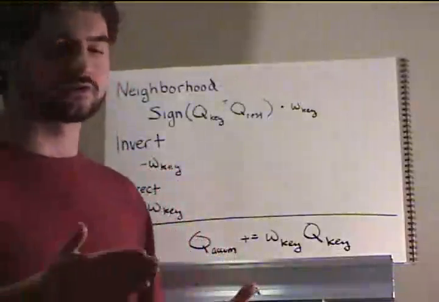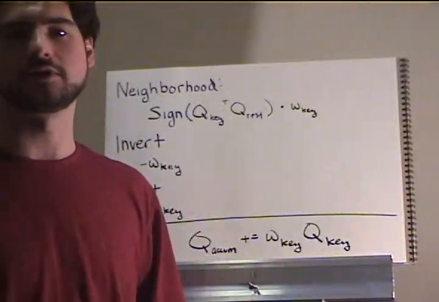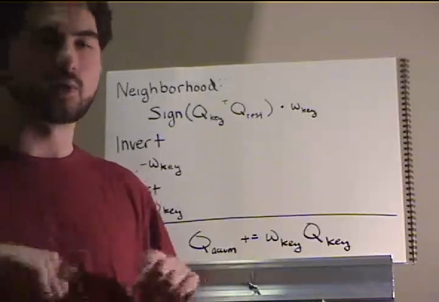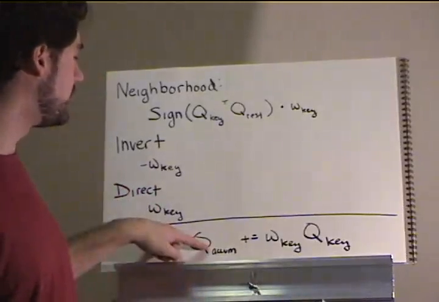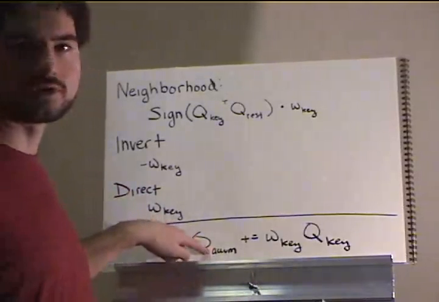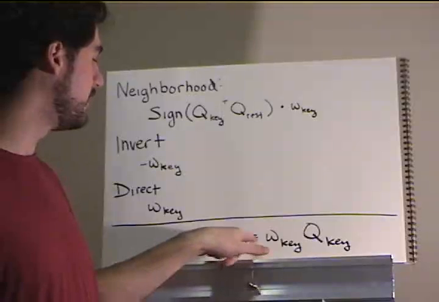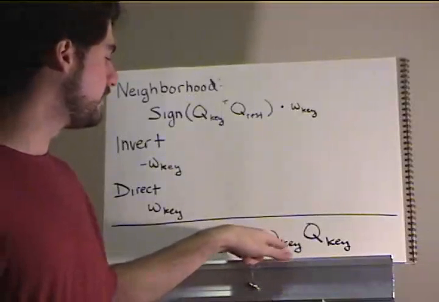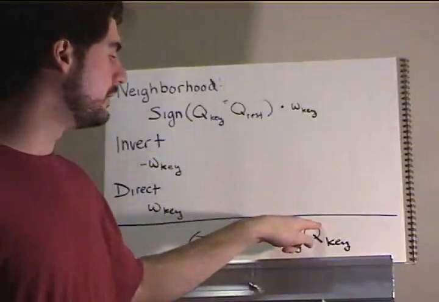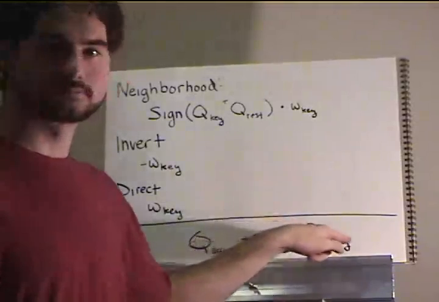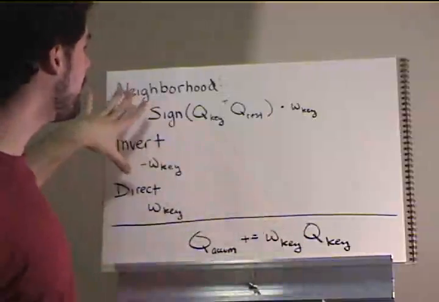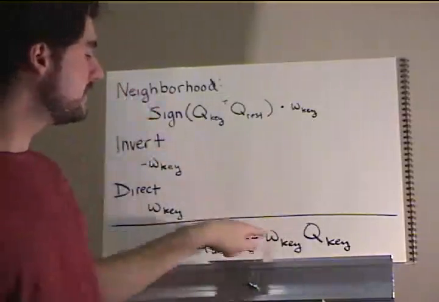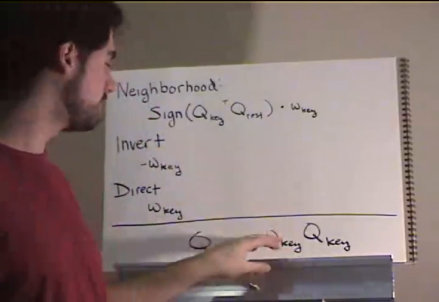When you're summing all your quaternions together, weighted, to get your final accumulated value, you're going to do something like: the quaternion accumulator plus equals the weight for this key that we're blending in, times the quaternion of this key, right? We're going to be doing that operation. All we have to do is, before we do that operation, modify W key, the weight for this key,